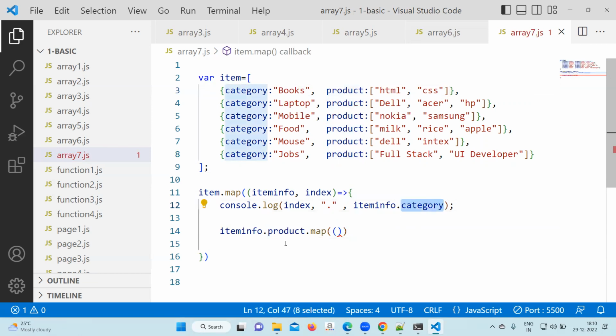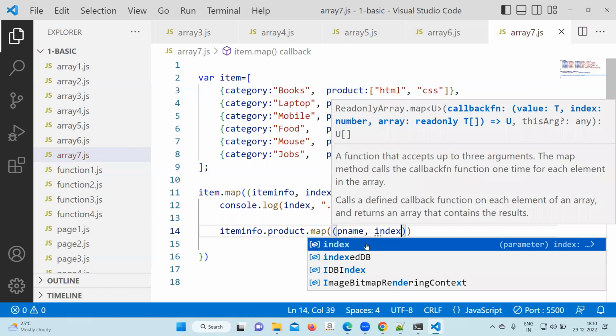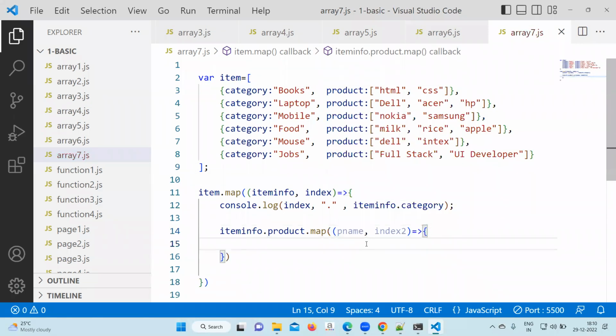Category we printed here, but when we go to the product, we found this array: somewhere 2, somewhere 3, somewhere 1. So it is difficult to manage. So you are printing here p name now, comma index 2. So product is now not just a multi-dimensional array, as you can see. So you can write here now